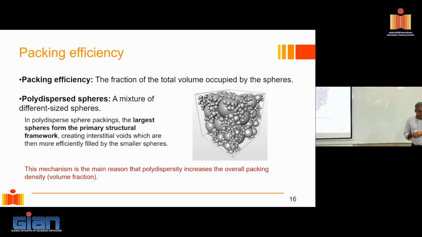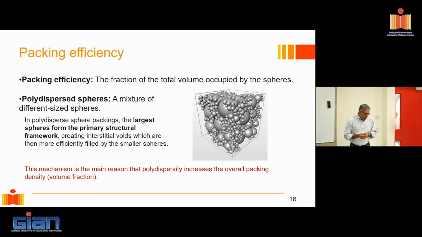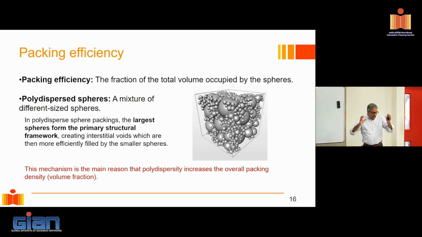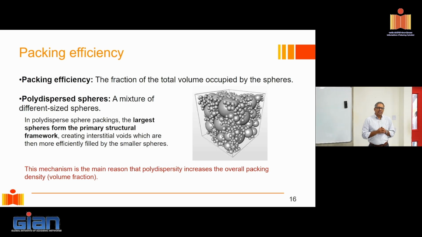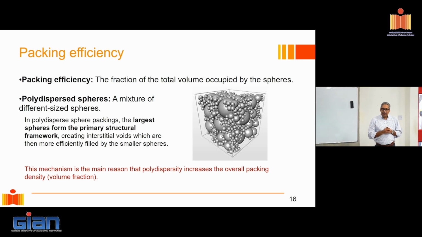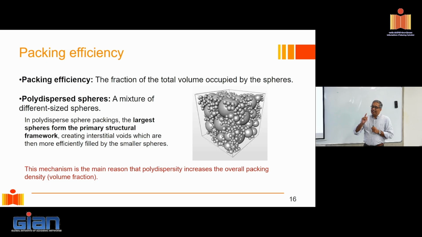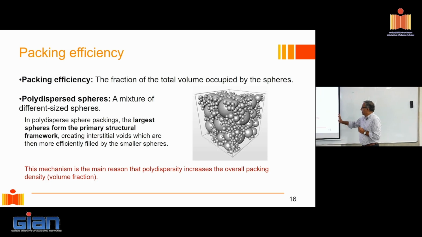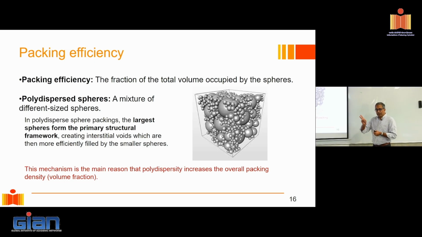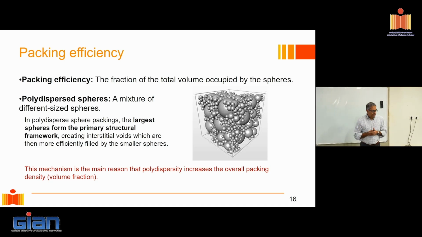Now, what is the role of the smaller aggregate in this? The largest aggregates would form a primary structural framework, if you want to think of it. And within the gaps of the larger aggregates, you try to fit in your smaller aggregate. So if I now try to play this game, what is important? I have to have the right sizes in the right proportions. If the sizes are off, I cannot achieve good packing. If the proportions are off, I cannot achieve the proper packing. Both have to hit the right numbers.